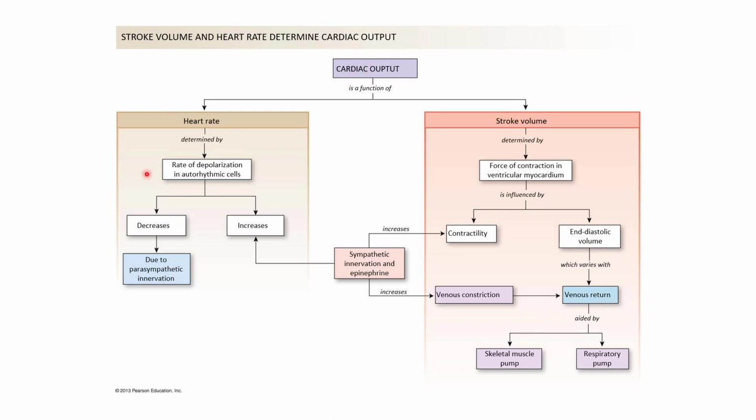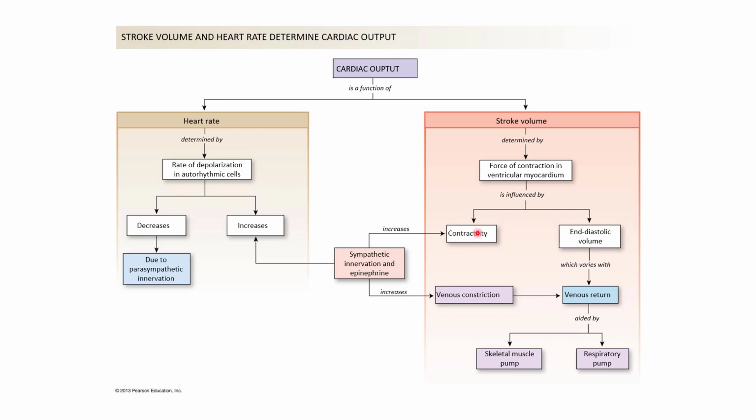It's important that we're able to understand how these things function and what makes them different, and moving forward as we start to build on this, as we add in blood pressure, as we start adding in renal output, those types of things, of understanding this relationship between heart rate, stroke volume, and how they're being controlled. So make sure you read through this in the book, you look at the pictures, and that you understand what's going on. How is the heart rate being affected? Well, it's through the SA node and the autorhythmic cells being depolarized a little bit quicker with sympathetic innervation,